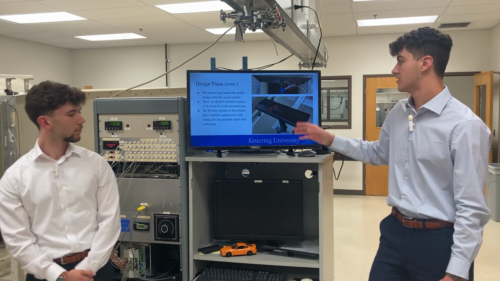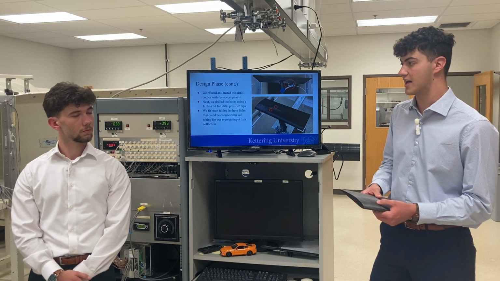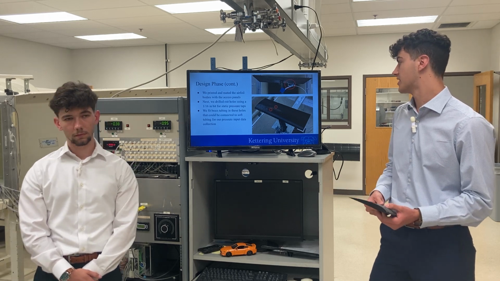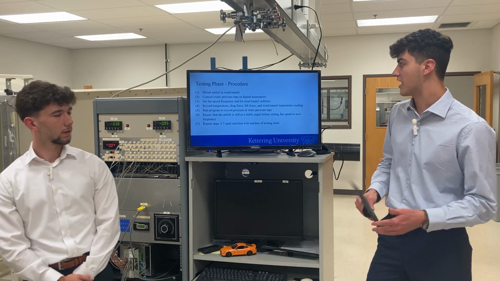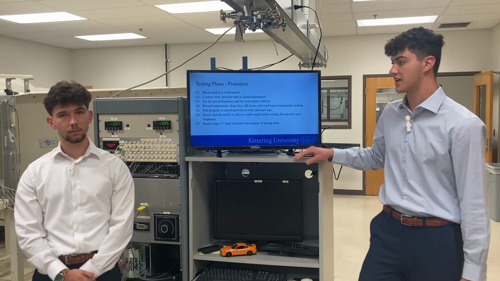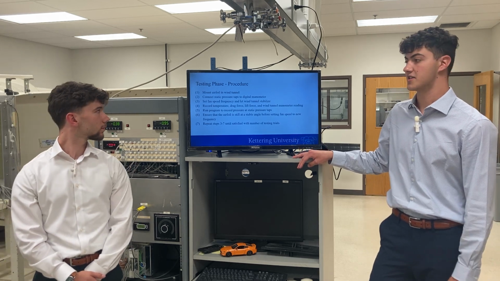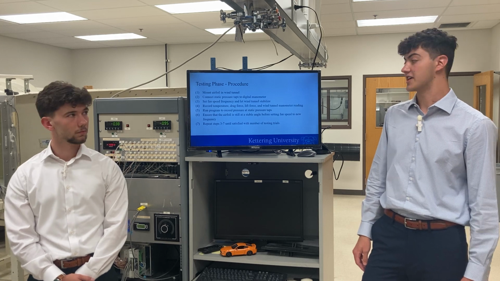So lastly, the last phase of our design component was drilling out and putting in the static pressure taps, which I previously mentioned, and then hooking them up in the wind tunnel. So now that we finished with the design phase, moving on to the testing phase, here we have our procedure laid out. It's fairly simple, basically consisting of mounting our airfoil in the wind tunnel, connecting the static pressure taps, and then